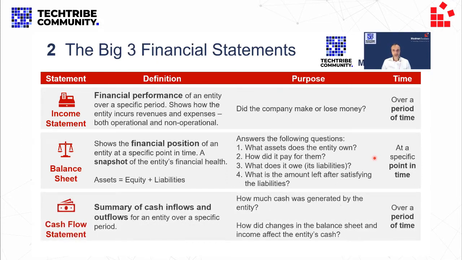The third big financial statement then is the cash flow statement, and that is a summary of cash inflows and outflows. And you've all heard the saying that cash is king. That's especially true if you run a small business, because you tend to not have a lot of resources, a strong balance sheet with a lot of cash in the bank to fall back on if you have a cash flow shortage. So management of your cash flow is a critical thing. I've seen Buntu talk about that in the lead up to this